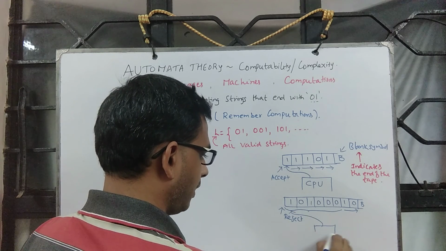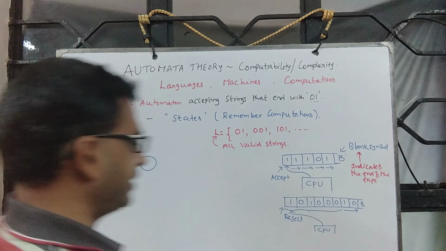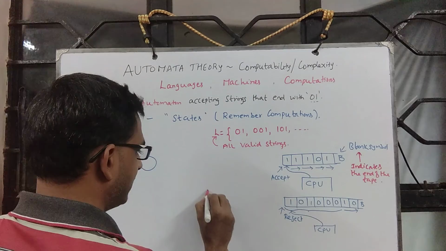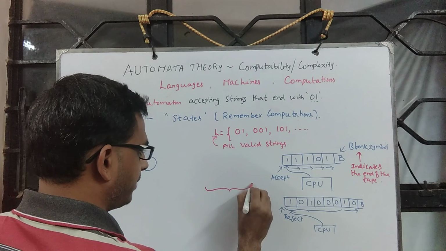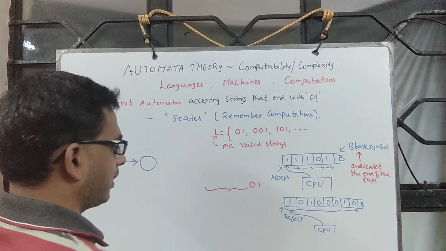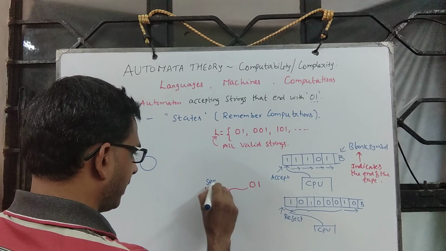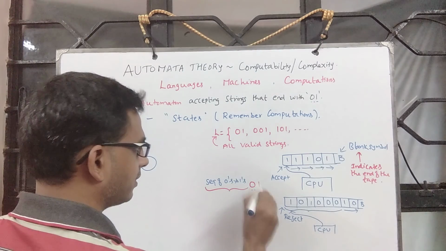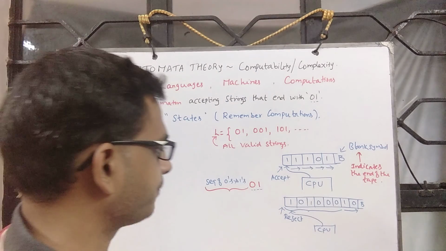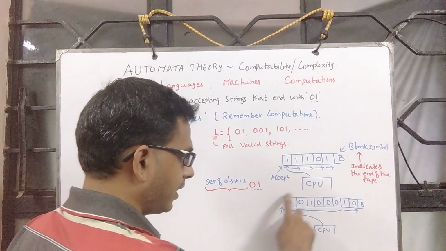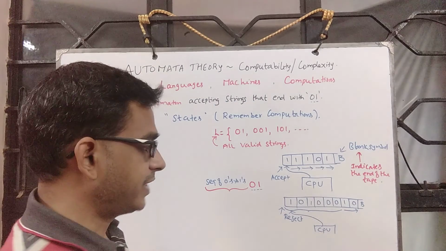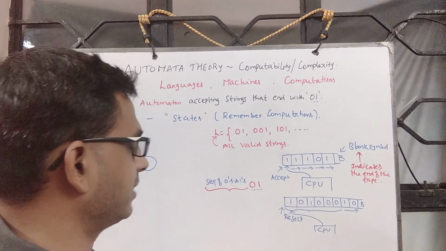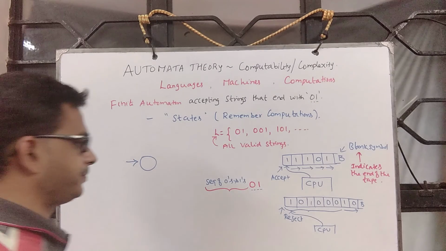Okay. So essentially, it is reading some sequence of zeros and ones followed by 01. What can be there over here? It can be any sequence of zeros and ones ending with 01, is what we want. Now, how do we model this part? How many states do you need? How do you use states to remember this partial computation? All that we shall see now.